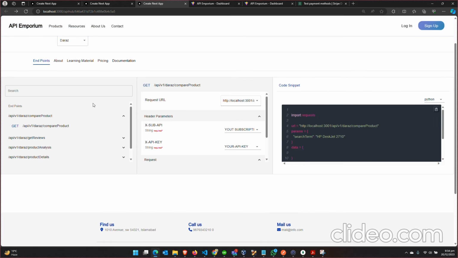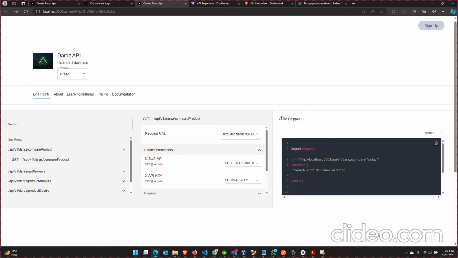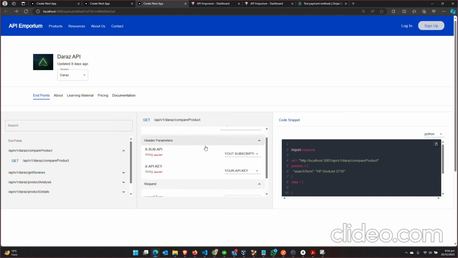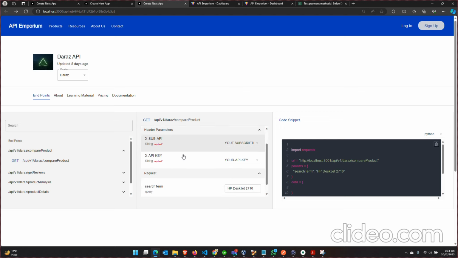So then there are the endpoints for the API. You can open up any of our API endpoints and it will provide the details that will be needed to make an API call to our gateway. So there are the request URL and then the header parameter. The subscription and the API key will be provided after the purchase,